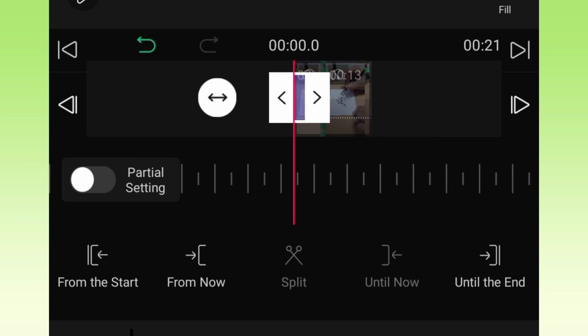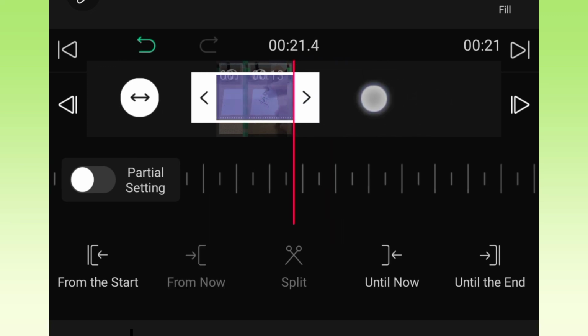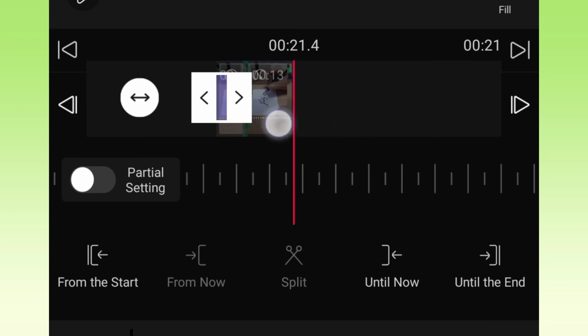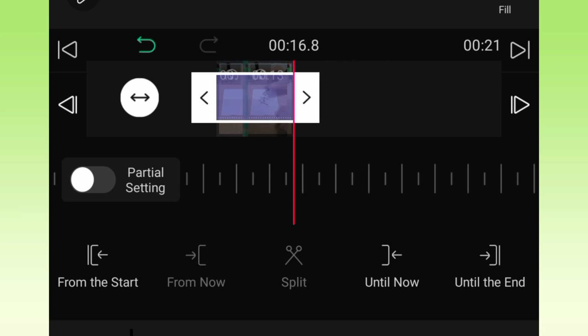And if you want it to be in the entire video, just drag it. If you drag it, you can increase the duration of this element. So if you want it for the whole video, just make sure that this purple bar is there on the whole video. Then this is done, click on done.